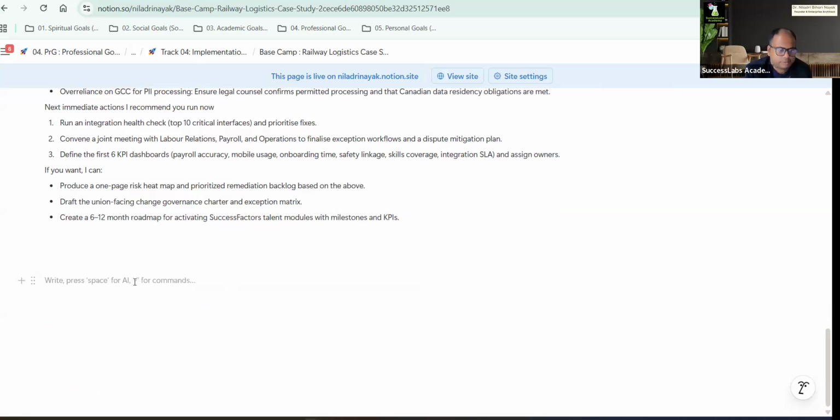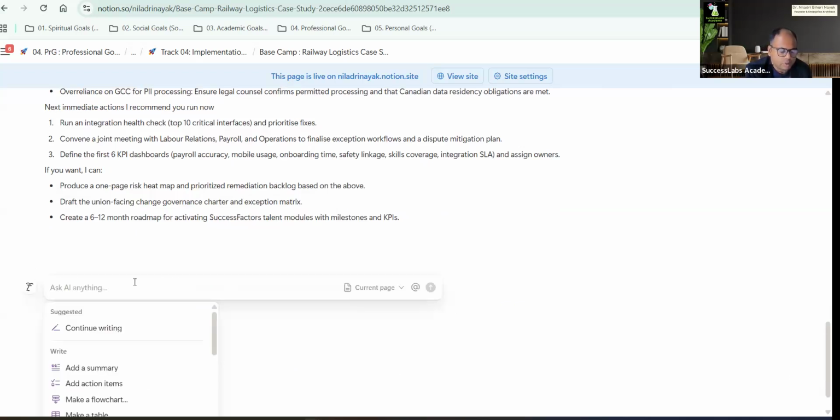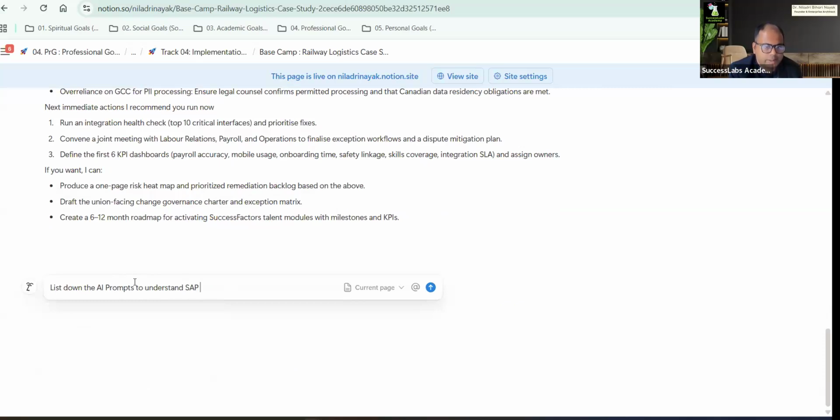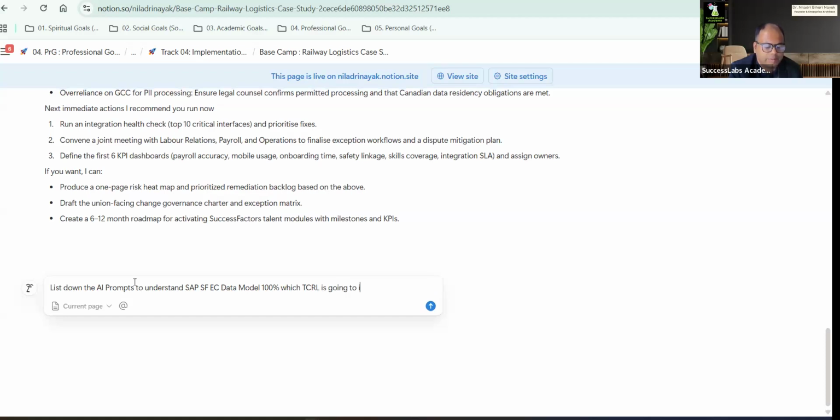Let's say, list down the AI prompts to understand the SAP SFEC data model 100%, which this TCRL is going to implement,